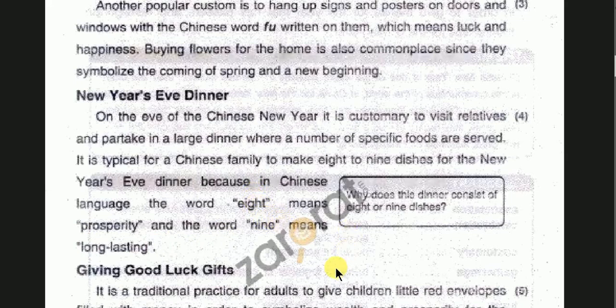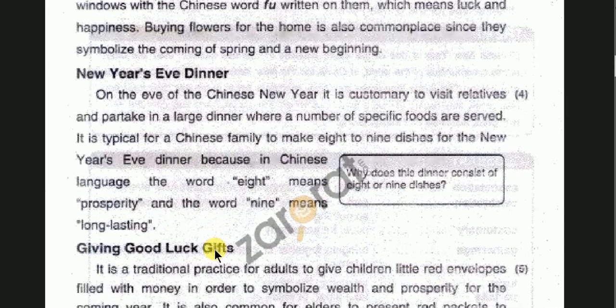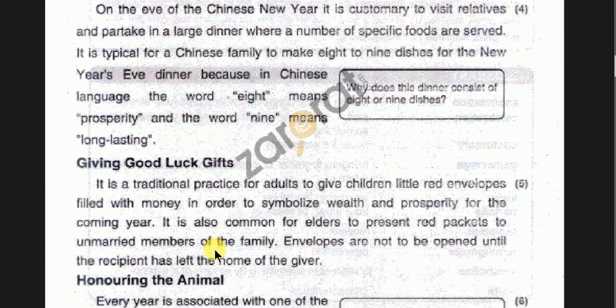So this was paragraph number 4, and we have studied in it the custom of making 8 to 9 dishes. These numbers 8 and 9 have very much value in their life, and they believe that if they cook 8 or 9 dishes the whole year, there will be no shortage of food and they will be happy forever, they will be rich. Next, paragraph number 5,